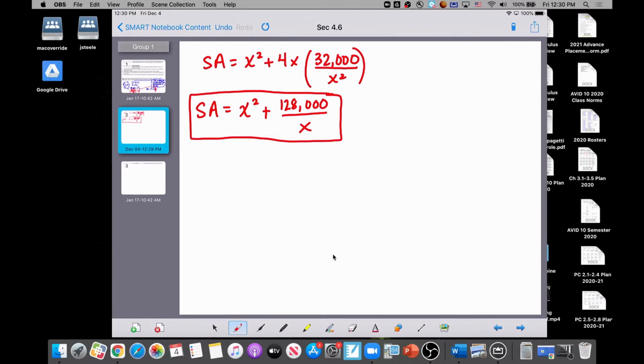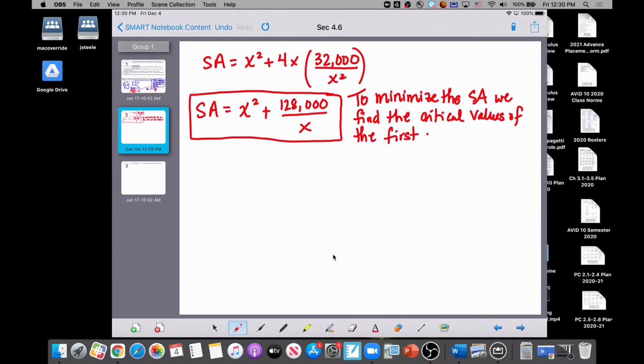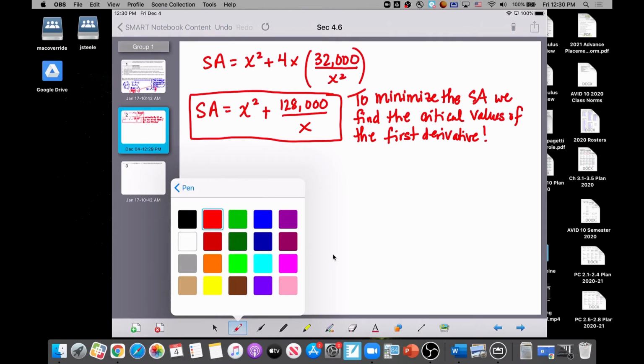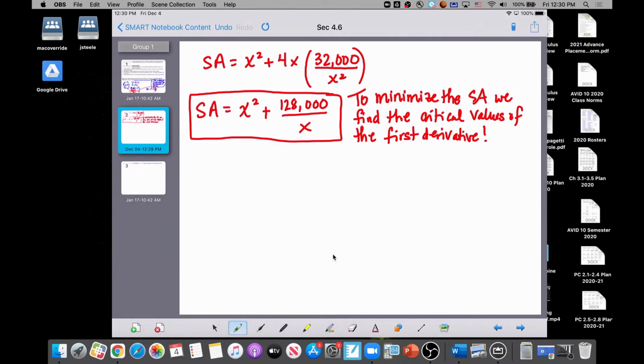To minimize the surface area, we find the critical values of the first derivative. That means we have to find the derivative of our surface area equation. So surface area prime, the first derivative of surface area,